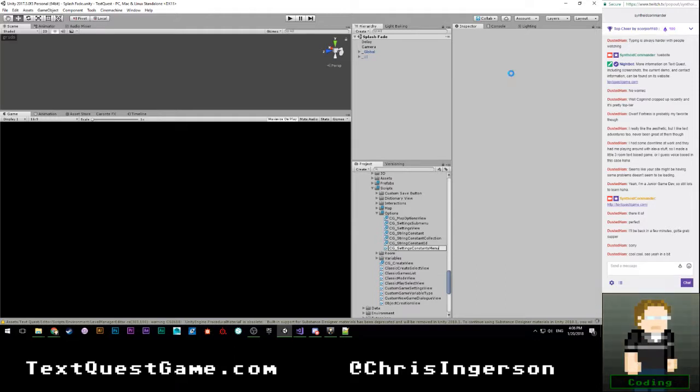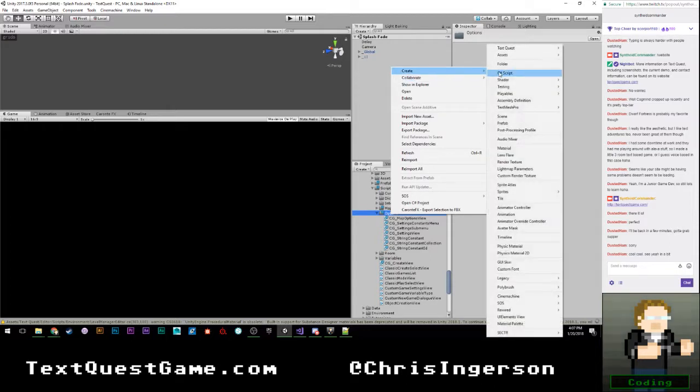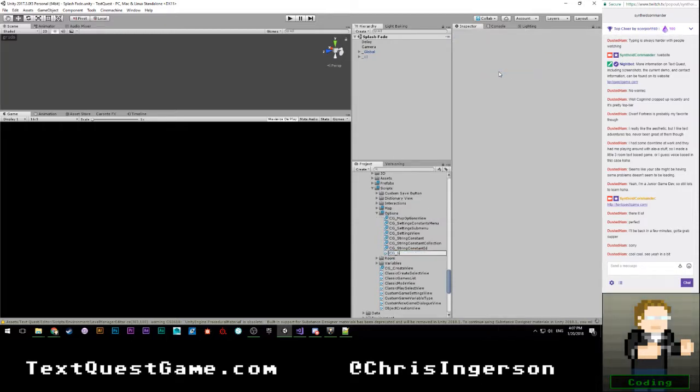That's kind of awkward. After that, we'll also want to create a C# script, CG underscore settings, and then I don't know what to call it, which sucks because that's in the middle of compilation and it's going to cut me off.